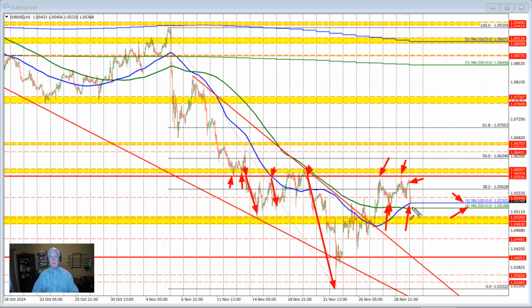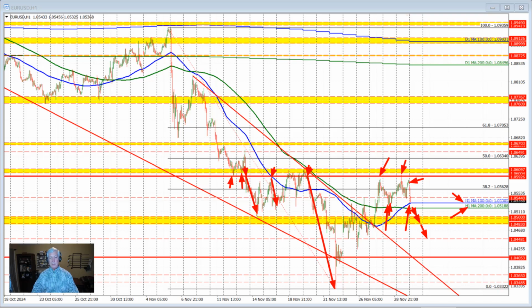Getting below both those levels would increase the bearish bias and have traders looking toward this swing area, which is more relevant off the 4-hour chart. Just take my word for it. But it takes the price down below the 105 level to 104.83. Getting below that level opens the door for further downside potential for the euro versus US dollar.